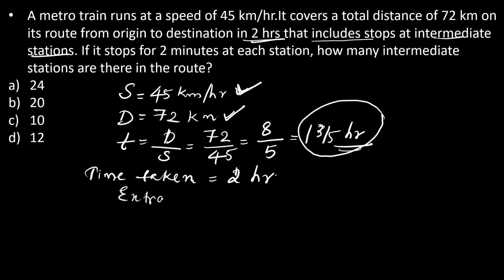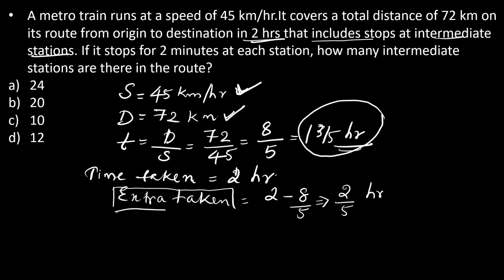How much extra time does it take? The extra time taken is 2 minus this 8 by 5, that is equal to 2 by 5 hours. This much time it is taking extra, and this extra time is spent at the intermediate stations. Now, it is said that at each station it stops for 2 minutes. Now we'll convert this 2 by 5 hour into minutes. That is equal to 2 by 5 into 60,